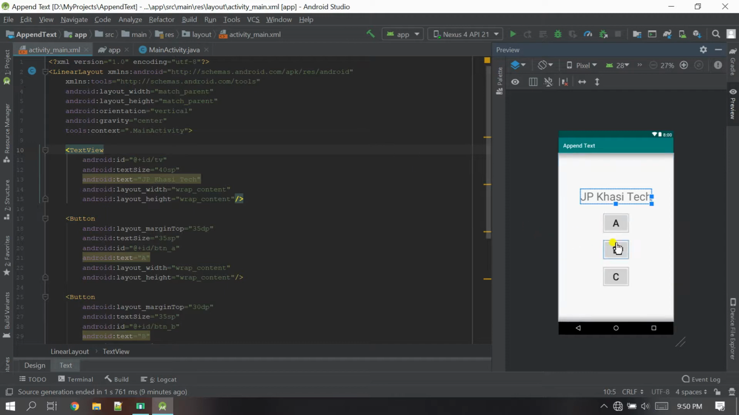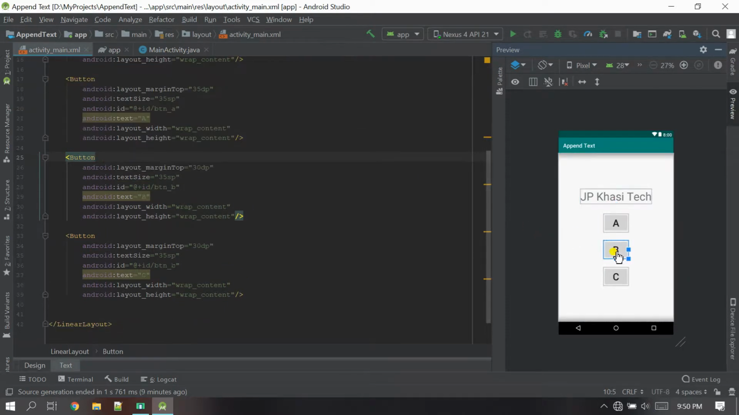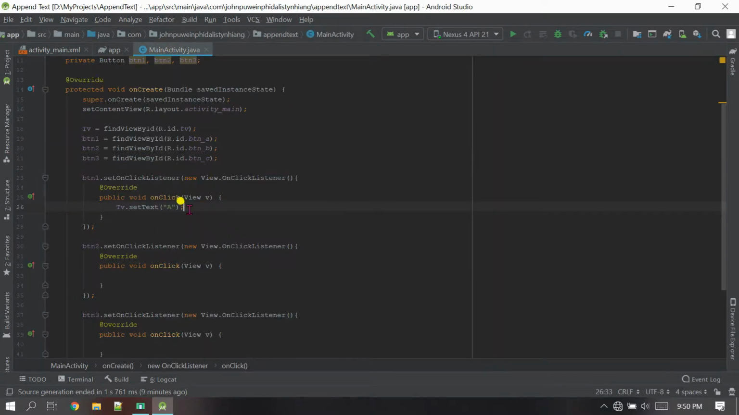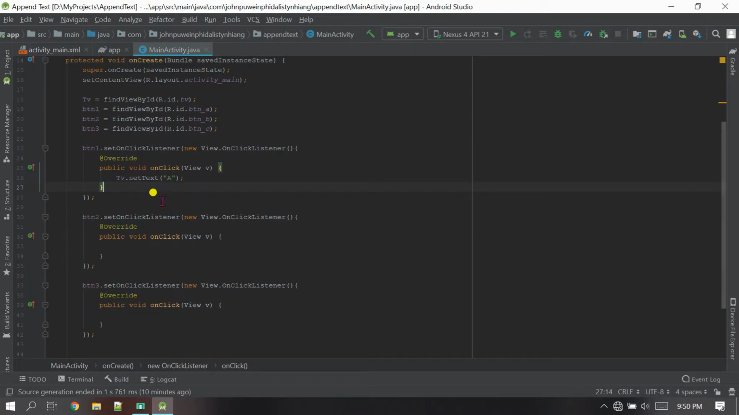Now when the user clicks the second button, that text will be appended here, and when the user clicks here, that text will be appended here. Okay, now let's do the first click for the first. You can give the setText or you can give the append. Okay, so now when the user clicks button 2, I want that text to be appended, not set,